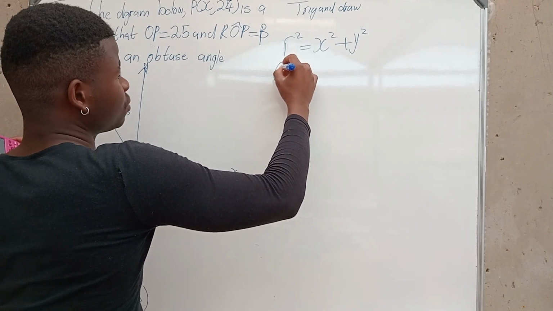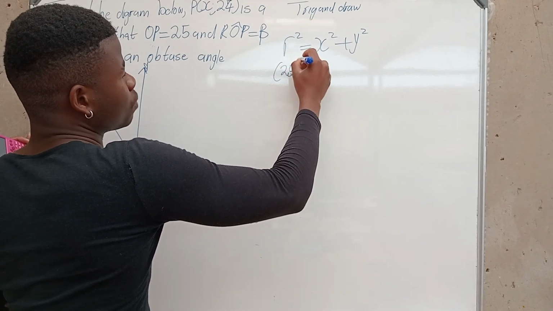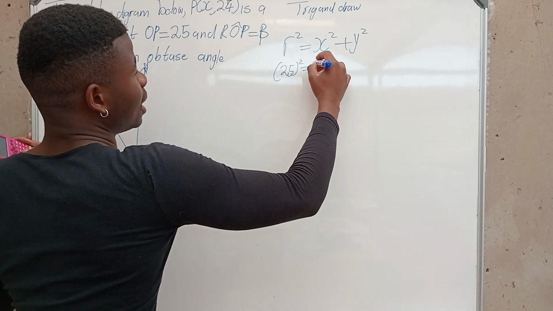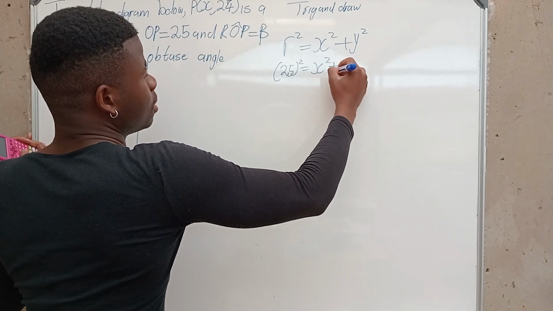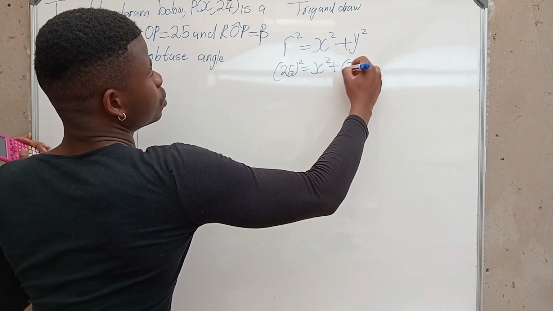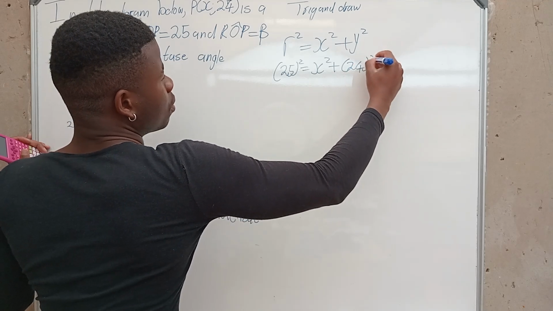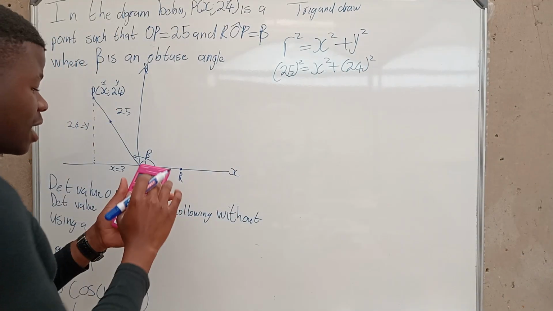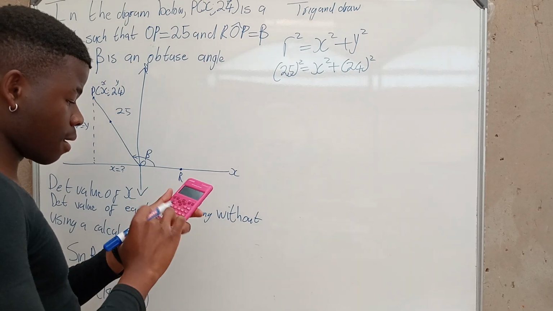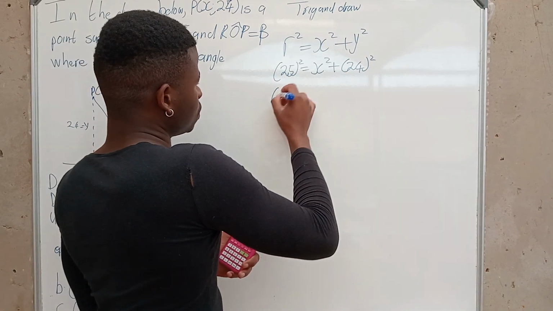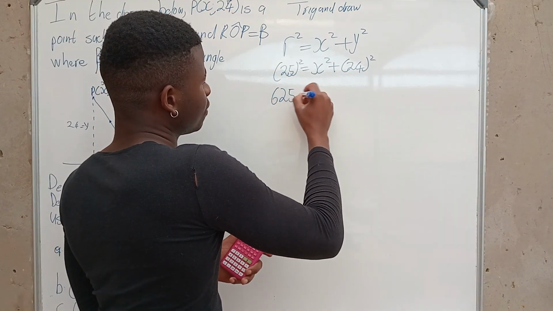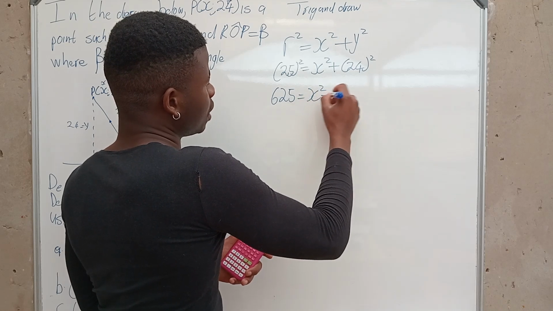Then we have 25 squared is equal to x squared plus, and then our y is 24 squared. And then you simplify it. So it's 625 equals x squared plus